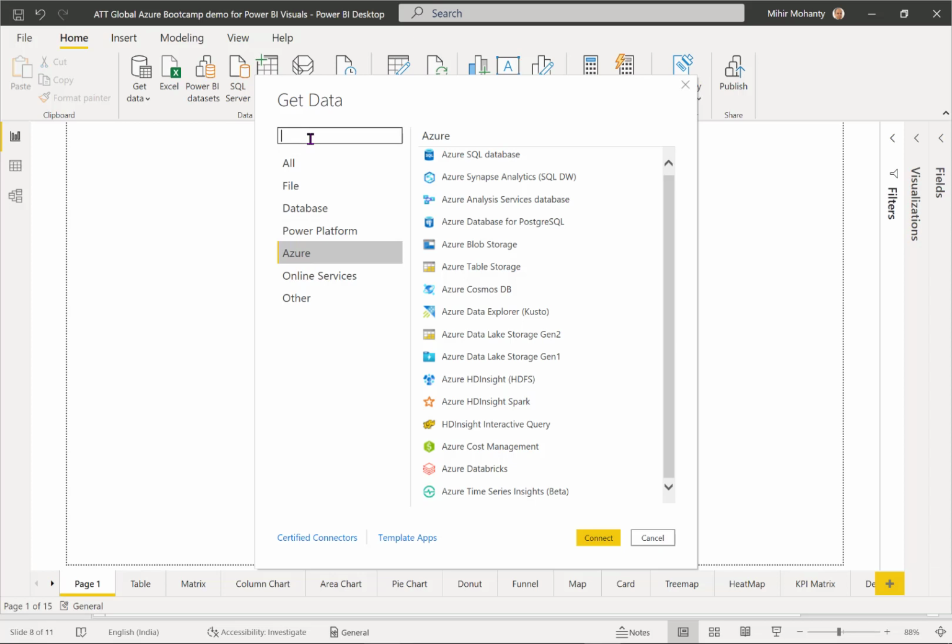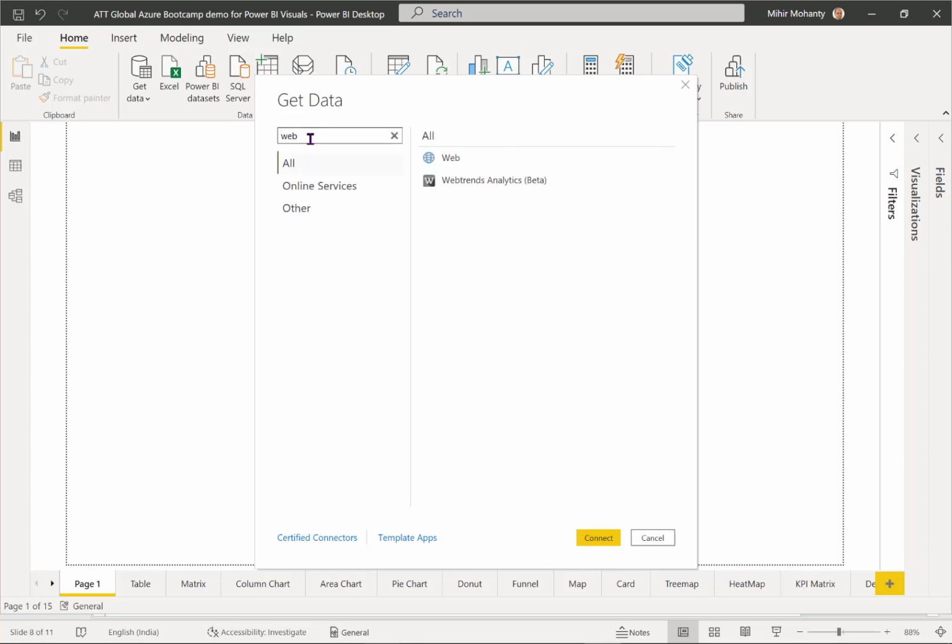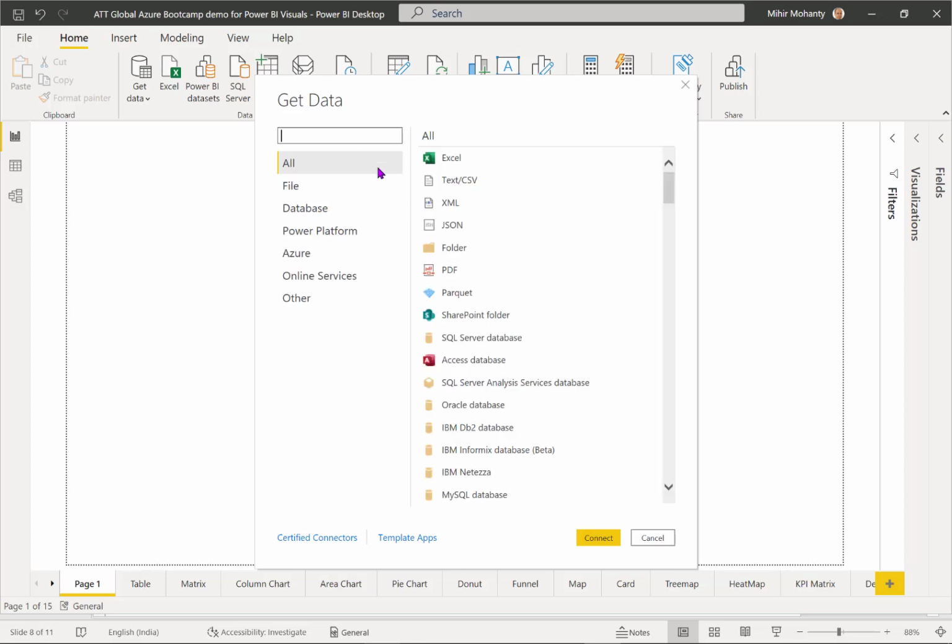I can look for web, and you can see this helps me to pull the data from a website indirectly, where you can copy the URL of the website, and the data being represented on a website will be transformed into a tabular format, and that's where you can use this data to analyze on a real-time basis. This is so flexible and seamless, where you can add data as per your need and get going.